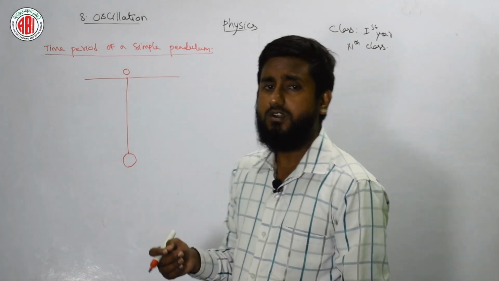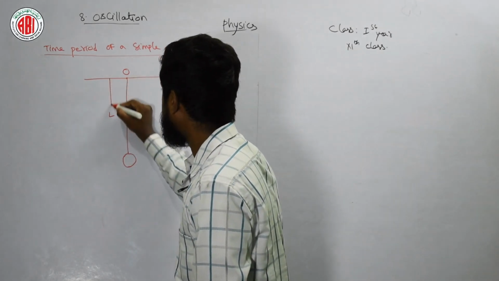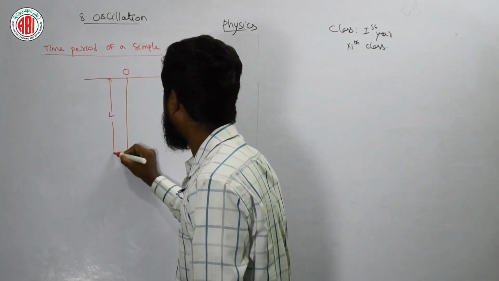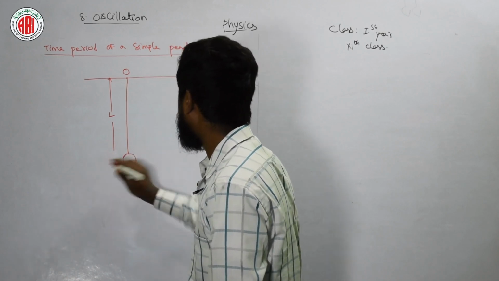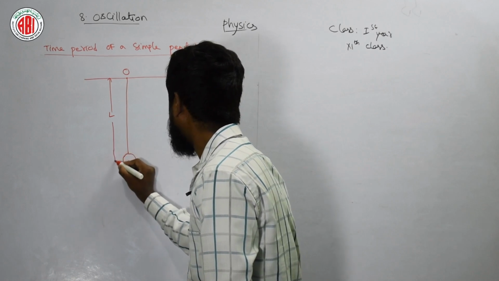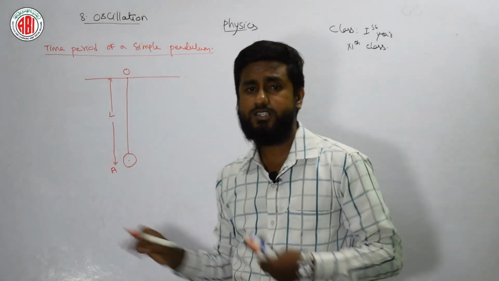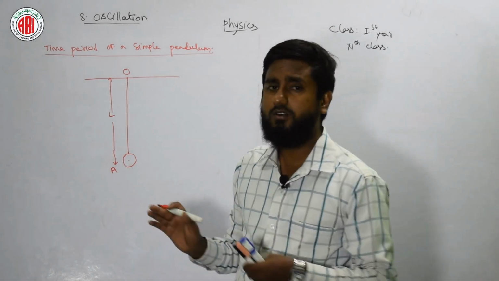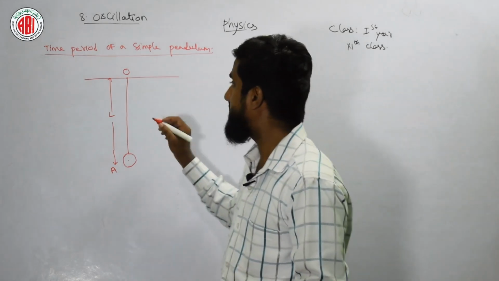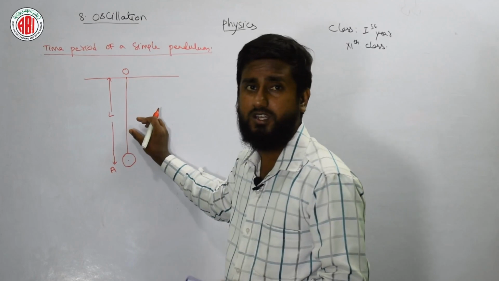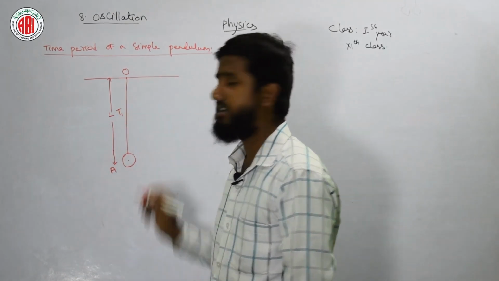Okay, now when I need a length, I am supposing this as length L. You can see I am drawing in front of you, it will really help. And I am supposing length L means I need to draw this mark up to here. You can also remember, and you need to draw the diagram perfectly when you are drawing. Now this is nothing but position A. Now I am going to do one thing here: if a pendulum is in this position and it is having tension T1, isn't it, T1.